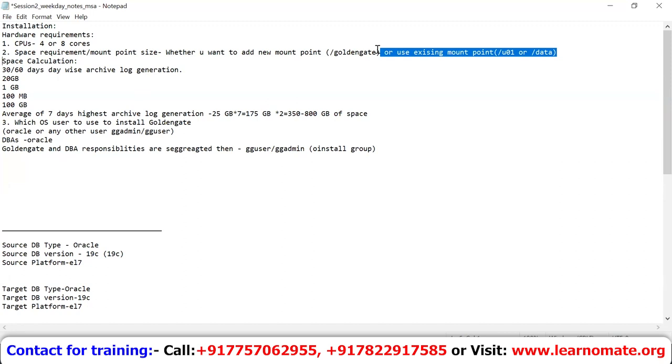Now the question is, how do you calculate the space requirement? How much space do you need? Remember, the GoldenGate software doesn't need much space. The GoldenGate software itself needs less than 2 GB. But we need space for storing the trail files. GoldenGate extracts the data and writes it to a local trail. Those trail files get generated and require a mount point. So you have to ensure that the mount point you are defining